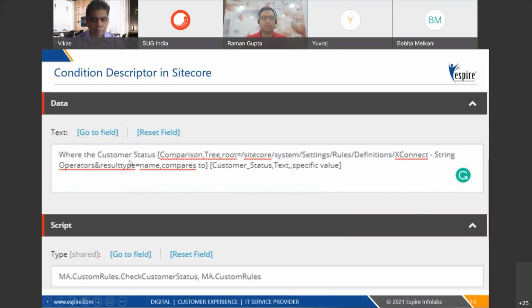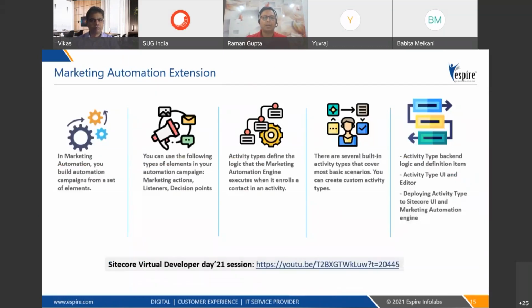So if you see on the screen, we have given the wording, but again, all these things are parameterized. If the marketer wants to select gold, silver, or platinum status, they need not create three rules for this. They can easily enter any custom value, and this rule will automatically work for all of these things. Now, the fourth part, or the other customization that we will need to do, is to create